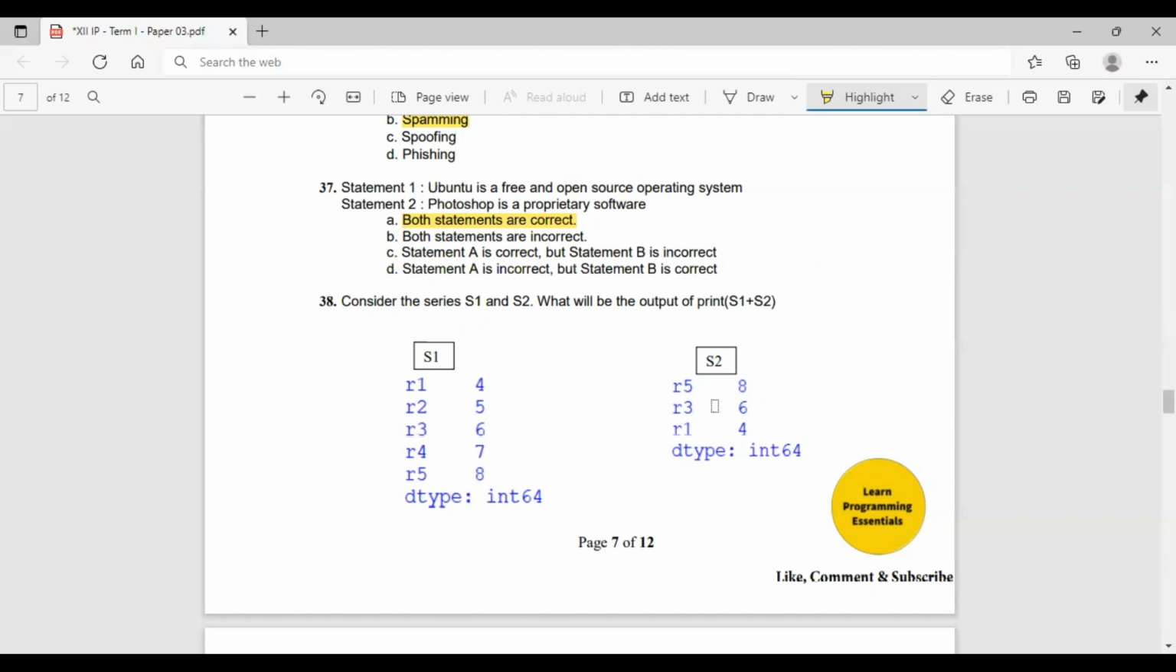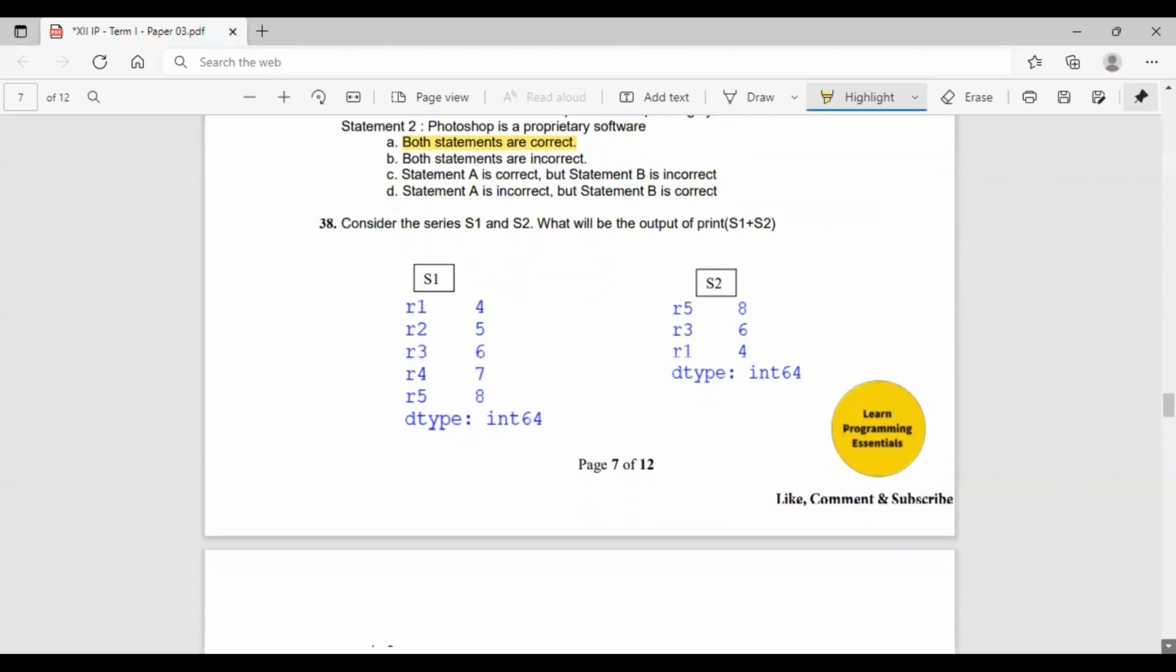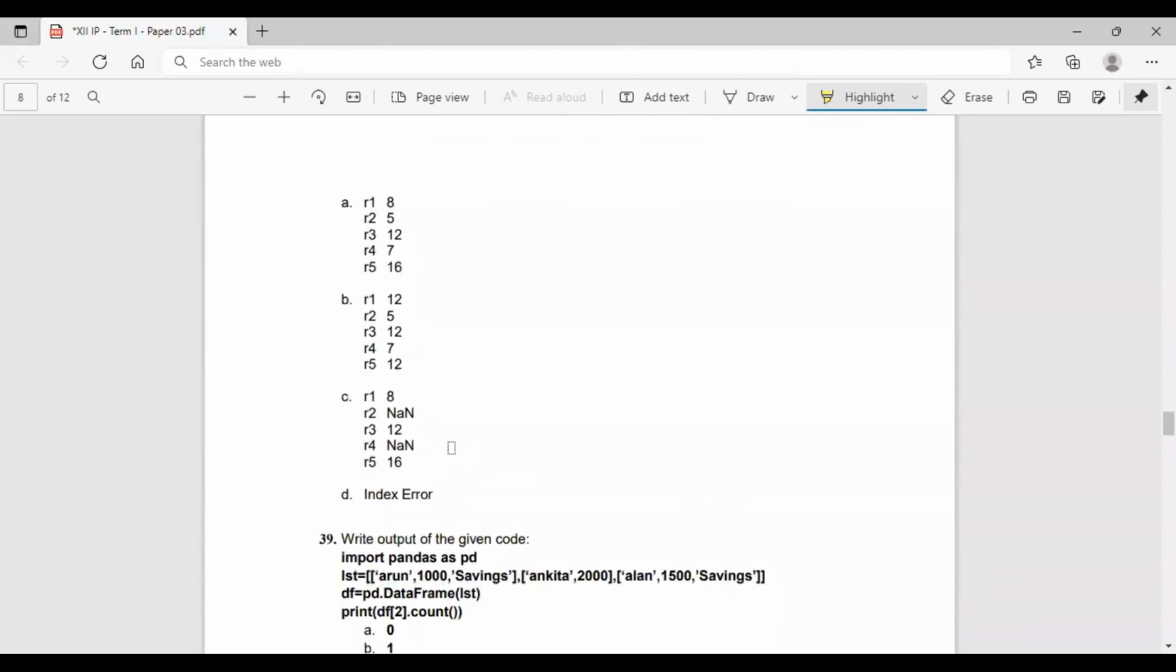R4 is not here in S2, so it will return a NaN value. R5, 8 and R5, 8, so 8 plus 8, 16 will be done. So we will check out the answer: 8, NaN, 12, NaN, 16. This is the answer. But there is a small correction: because the NaN value is used, it will be returning the values in the form of floating point. So 8.0,